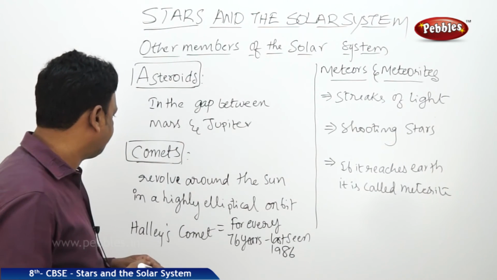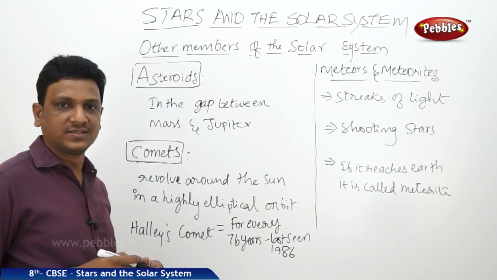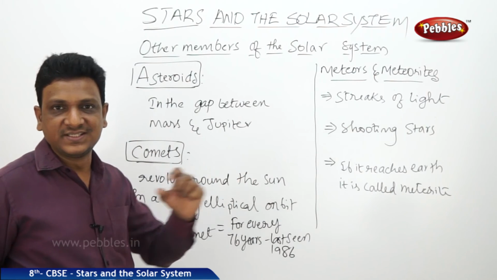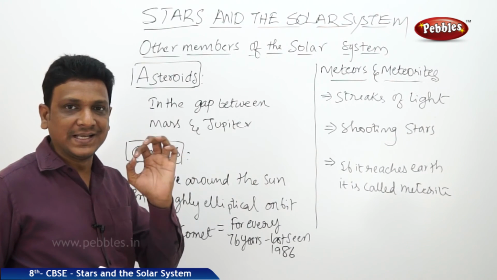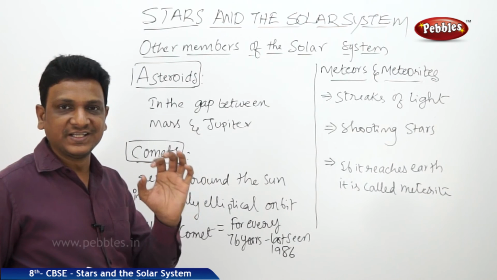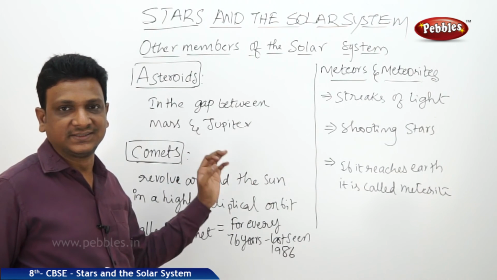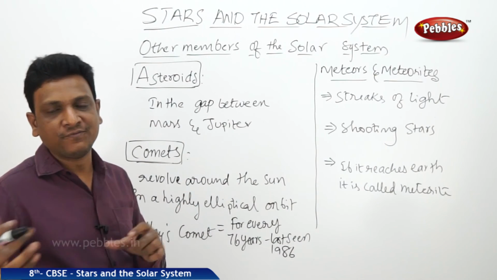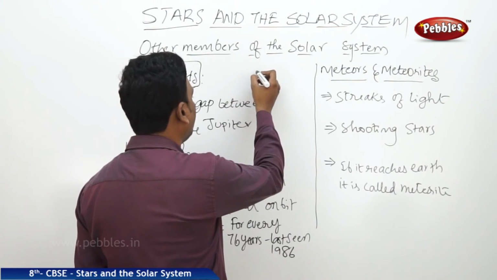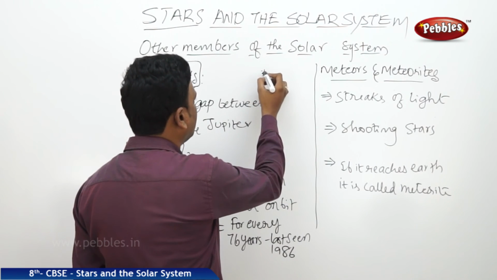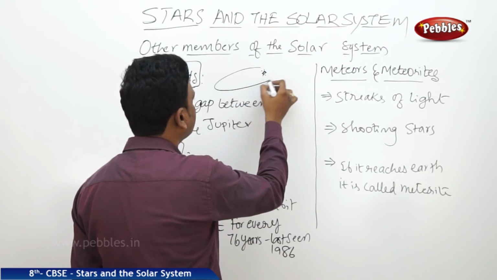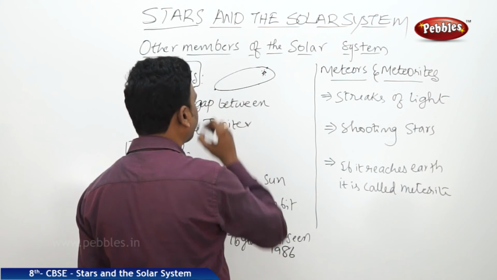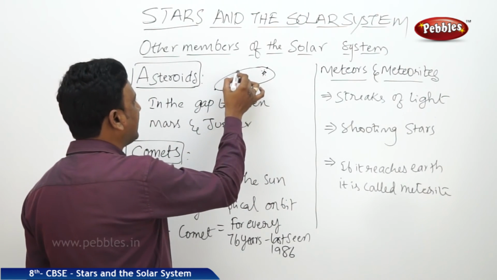Now what are comets? Comets are also a part of the solar system. Comets are also the bodies that revolve around the sun, but their orbits are completely elliptical, very distorted. So they are not like the orbits of this Earth. See, sometimes they come very close to Earth, sometimes they go very far from Earth. Say for example, if this is the sun, the orbit of a comet may be like this. See, so sometimes the comet comes very close, sometimes it goes very far. The comet will be having a tail.